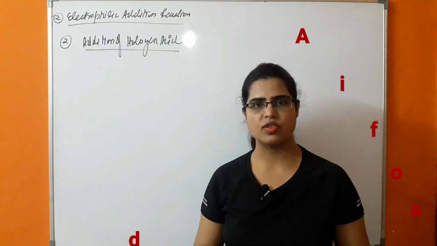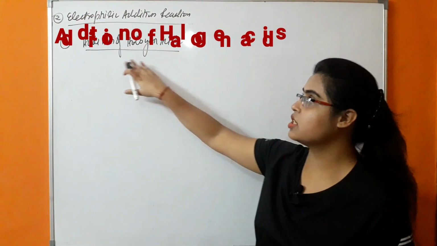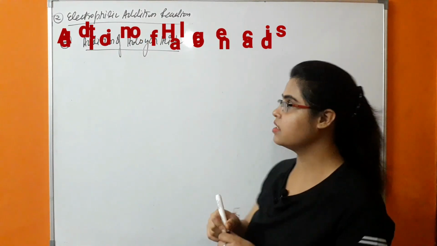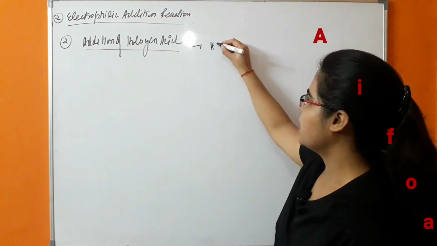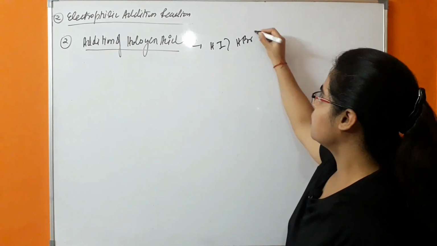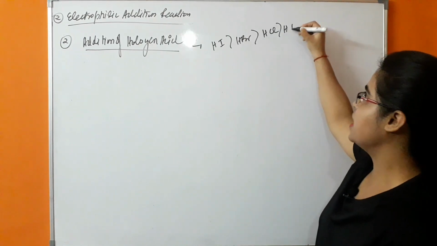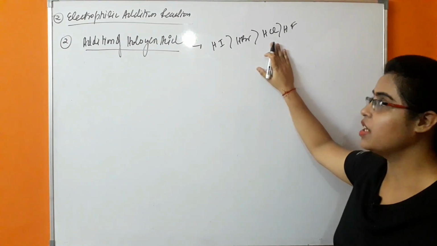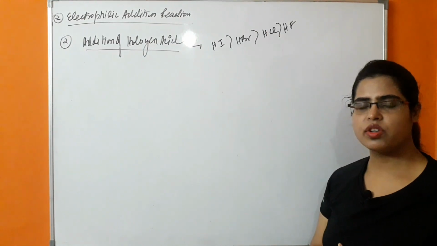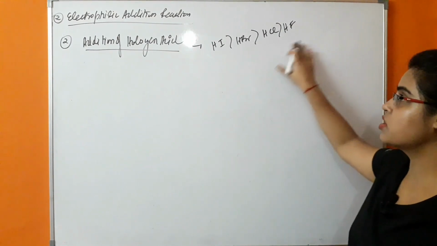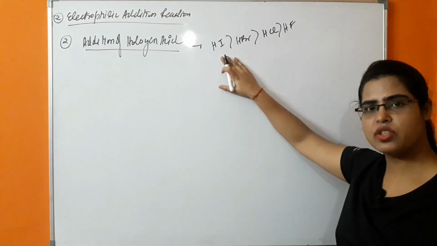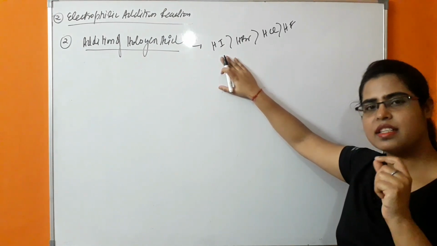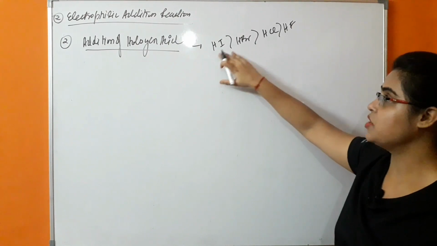Now the next electrophilic addition reaction in alkynes is addition of halogen acid. We know that the order of reactivity of halogen acid is given as HI, HBr, HCl, HF. In the case of HF, the reaction is occurring under pressure, whereas HI is most reactive towards the electrophilic addition reaction in comparison to other acids. It is because of the bond dissociation energy of the H-I bond. The bond is much weaker, because of that only a small amount of energy will be required to break the H-I bond.